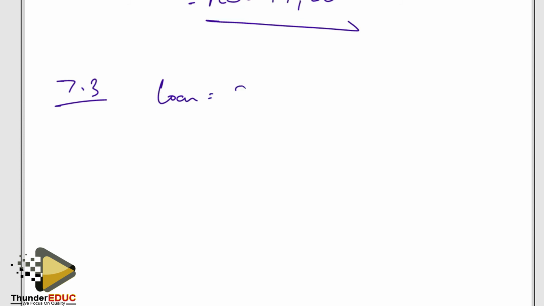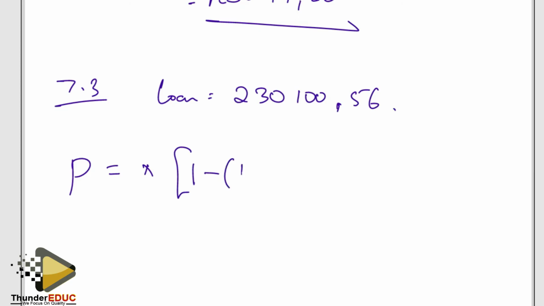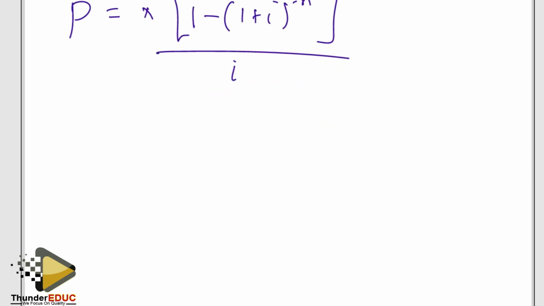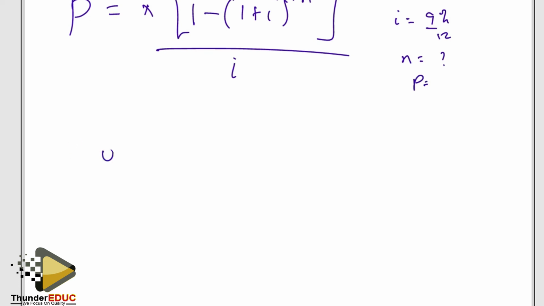So the loan is 230,100.56. Now since it's a loan, we're going to use the present value. This is 1 minus 1 plus I to the exponent of negative n over I. We need the monthly payments. No, we have them. That's 55,000. So we said X is 55,000. I is 9%. We're looking for the N. Our P, we already have it. So that's going to be